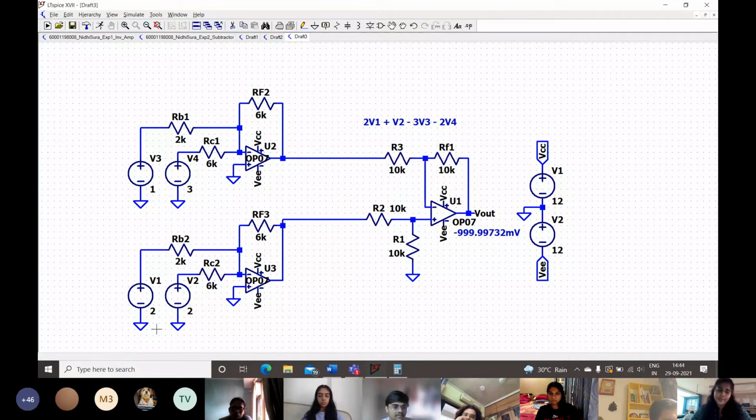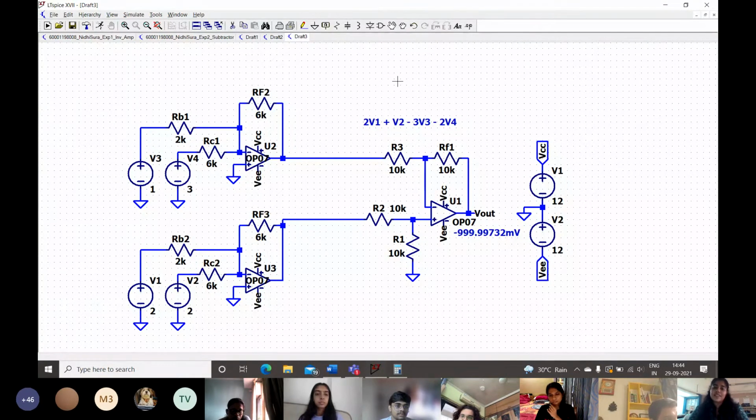Random values of input voltage again, and we are going to choose. Nidhi, just check: if you apply V3 and V4 at the inverting terminal, at the output of the first stage you're going to get a minus V3 and a minus V4, and you're applying that again to the negative terminal, so they will turn out to be plus V3, V4. Oh, I have to invert them. Yeah, sorry, I forgot about that.